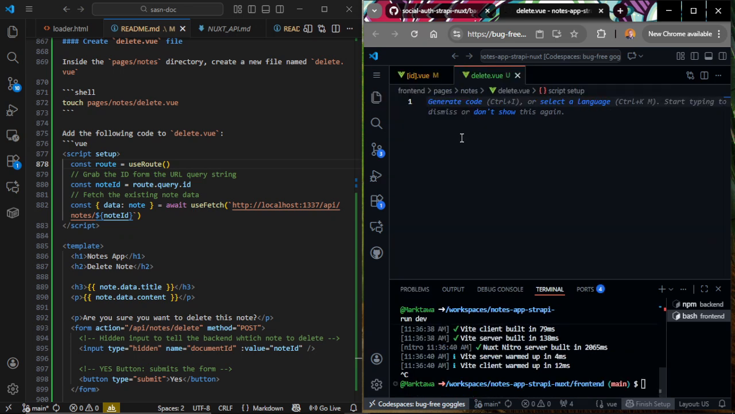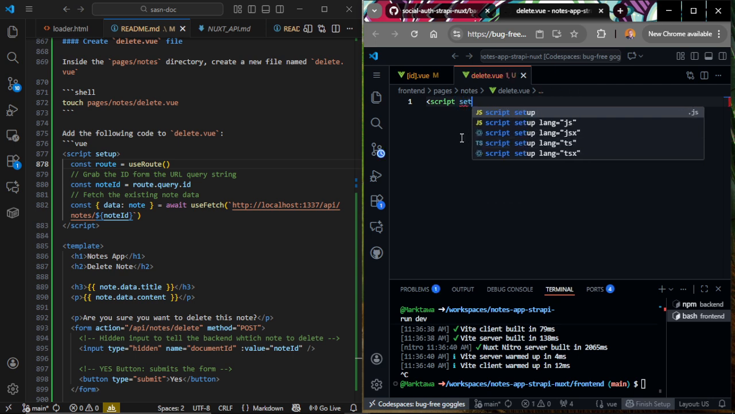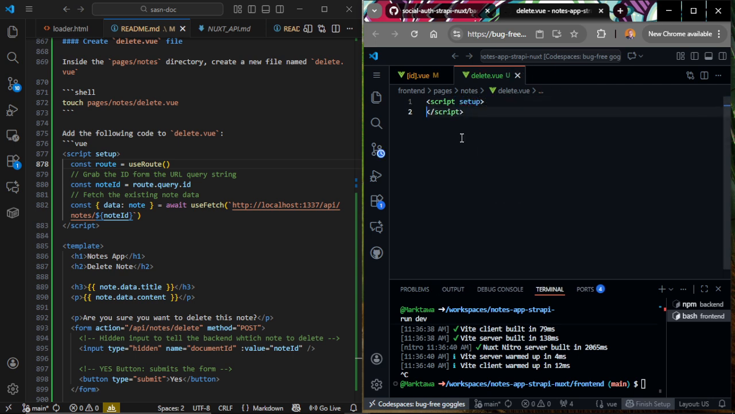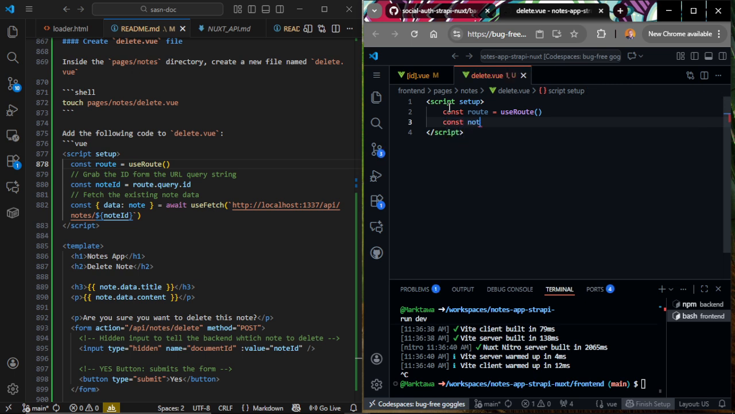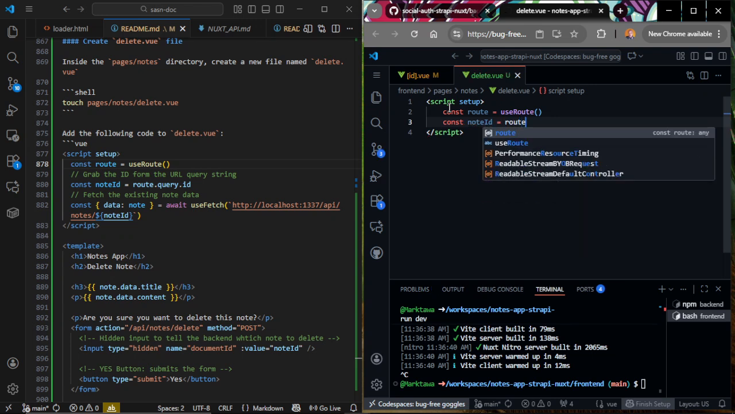So we will need to use the useRoute method provided by the Nuxt framework. This useRoute method will grab the ID from the URL query. This is the ID of the note we want to delete. Next, so this is for the logic for grabbing the ID of the note we want to delete,